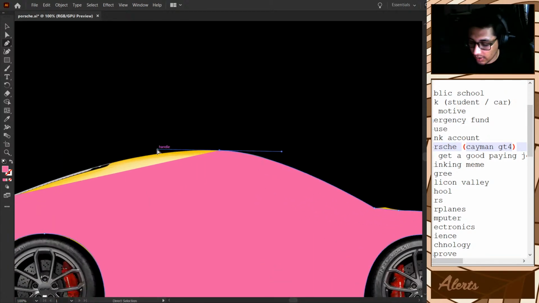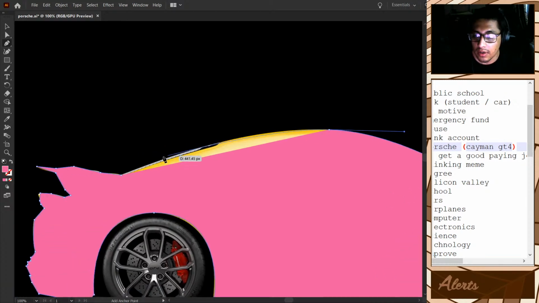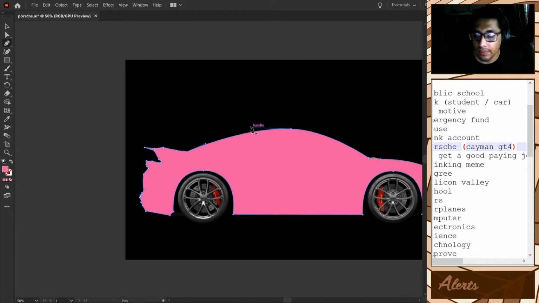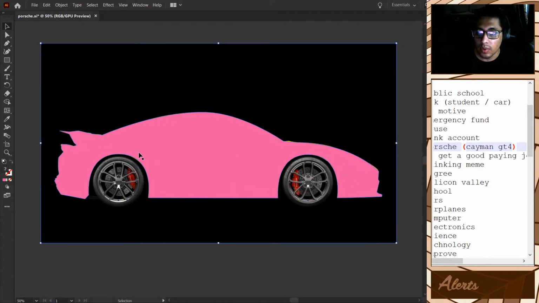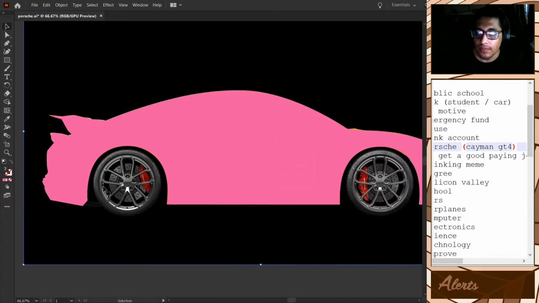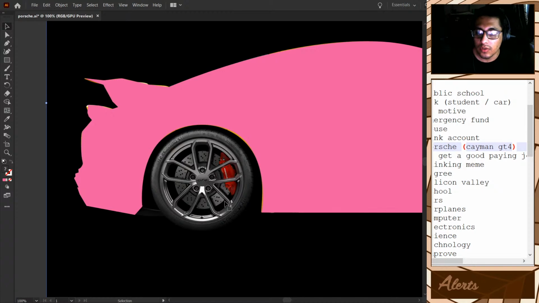If I don't get it the way I want it, remember we can adjust it to make it better. Bam. We have the outline of the Porsche, right? I don't want to really change the pattern of the wheel. I don't want to just straight up rip it off and give it generic tires. By generic I mean